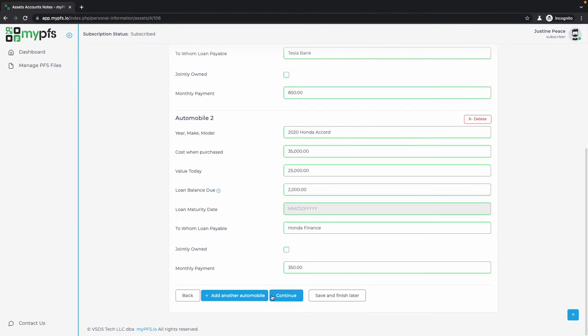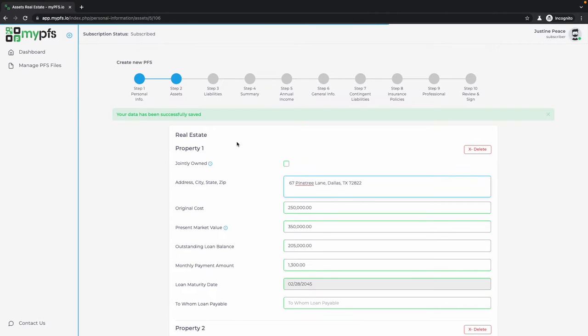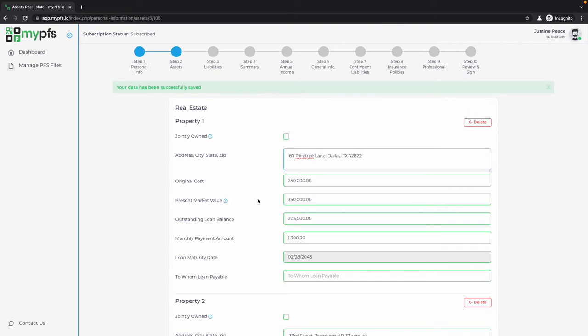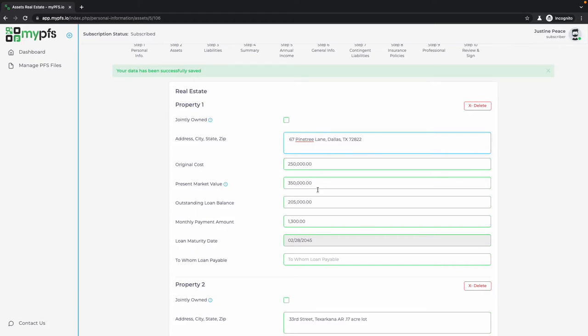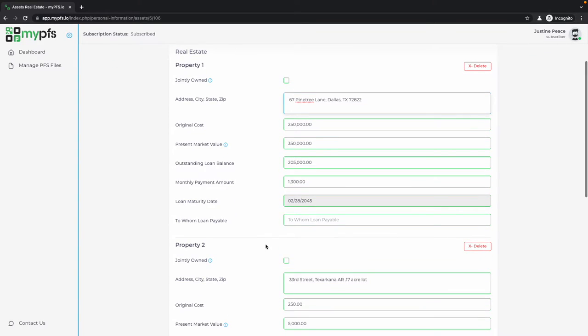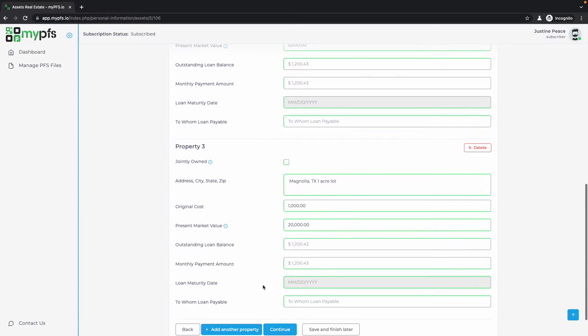Your automobiles, if you have loans on them, you'll report them here. Your real estate, so pretty much your personal property, your house, you report it here. If you've got a mortgage or a loan on it, you'll report it here. This will all flow through to your PFS. And then